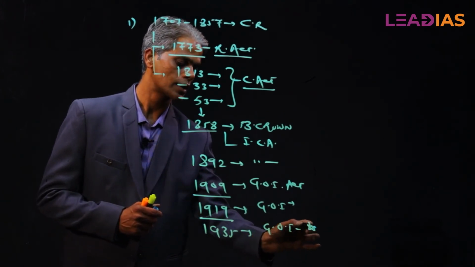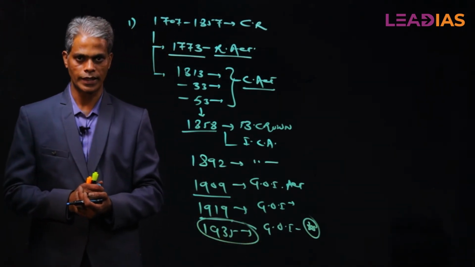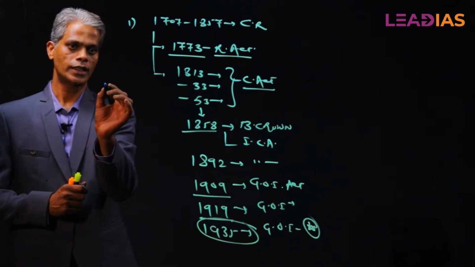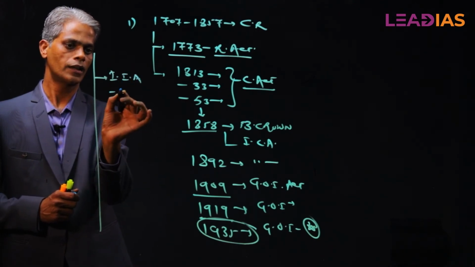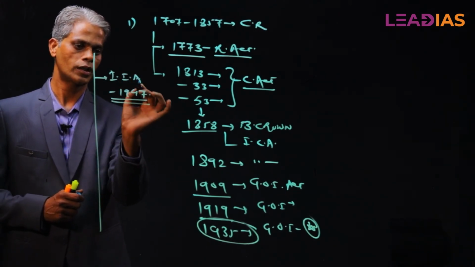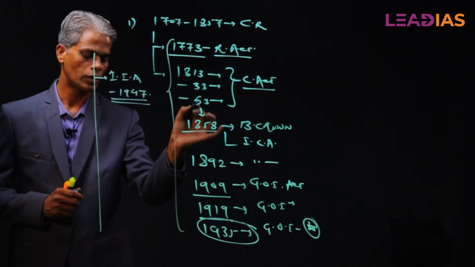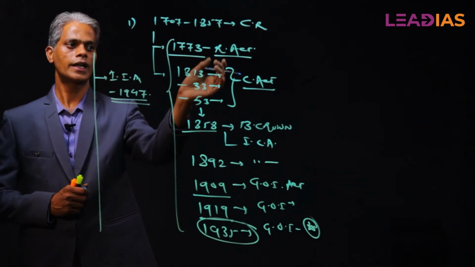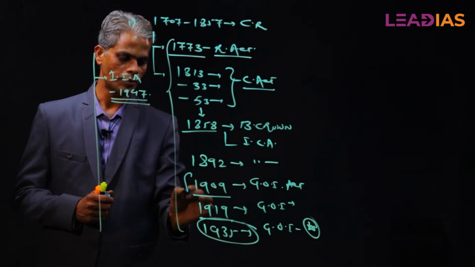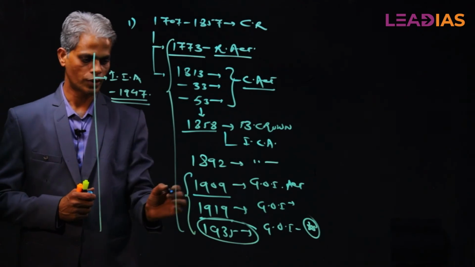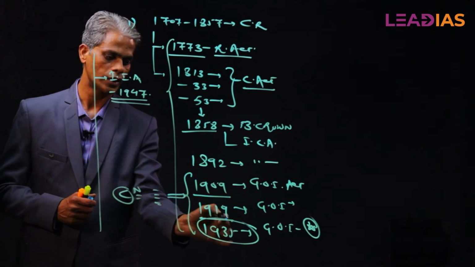This is very important for us as far as our constitution is concerned, because we have derived most of the provisions from the Government of India Act 1935. After that they came up with the Indian Independence Act 1947, the final act before leaving and making India independent. So in a nutshell, we need to have some background of the Regulating Act, Charter Acts, Indian Council Acts and Government of India Acts. However, from our exam perspective, these three acts are very important because most of the features in the present day constitution are derived from these three acts.